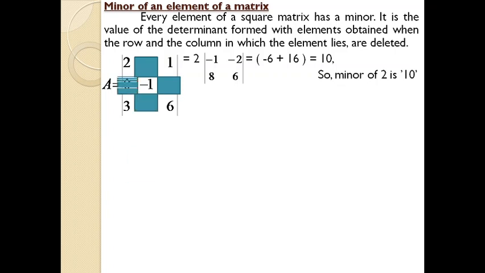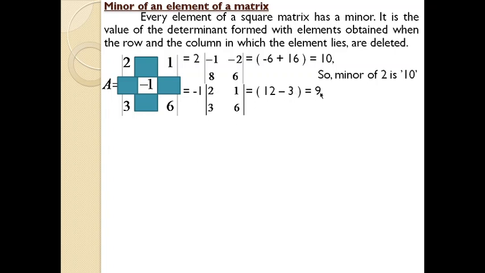So here the row and column are cancelled. See, here -1 is the middle number, so this is the row in which -1 stands, and this is the column in which -1 stands. All the items within the row and column in which the selected element lies are cancelled. So, the remaining numbers are 2, 1, 3, 6. Now you have the matrix. So, the minor of -1 is 9. And how did you get 9? 2 into 6, 12, minus 3 into 1, 3. So, 12 minus 3 is 9. Never ever multiply -1 with 9. You just need to cross multiply this submatrix.